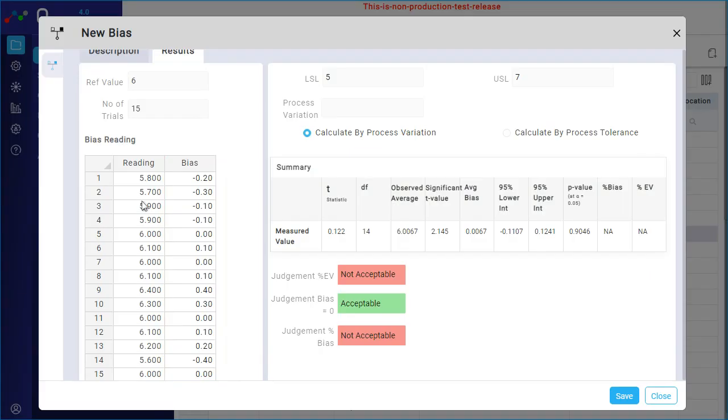The results can be shown based on two methods. The preferred method is to compare the bias with the process variation, but you can also compare the bias with the specification range. Based on the results, the repeatability is calculated, and this standard deviation is compared with the process variation. The resulting equipment variation percentage in this case is 8.5%, and that is acceptable, so we can proceed with